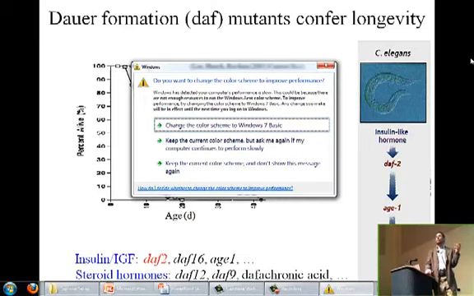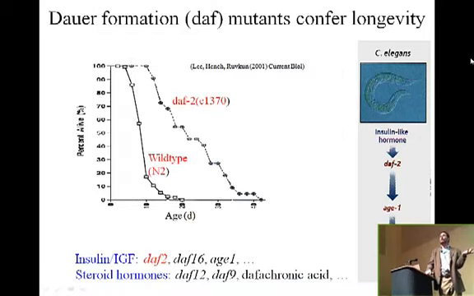But at the same time, also with dauer, it was recognized that there are hormonal pathways, steroid hormone pathways, that are controlling dauer. And these also have effects on aging. And if they're mutant, you get long-lived worms. So it's a little more complicated than how it worked. And they didn't know what the hormones were. So they had this nuclear hormone receptor, DAF12 in particular. Here's a biosynthetic pathway that's P450, I believe. And it was only very recently that Adam and Teddy identified the hormone that's regulating this